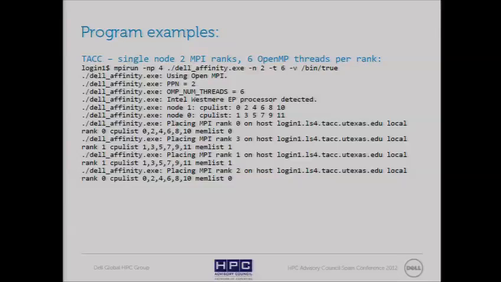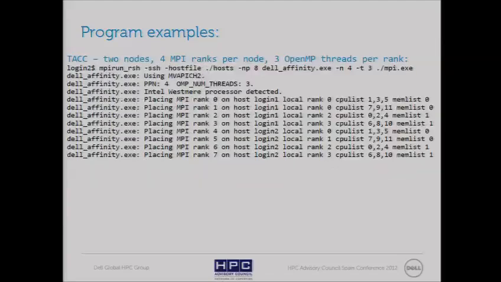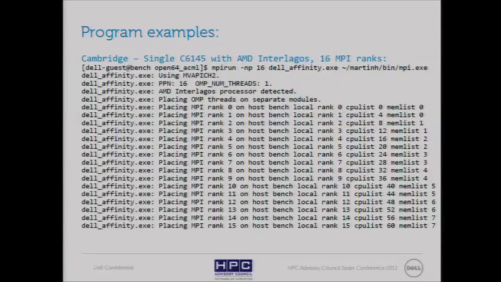And then you see that the affinity application plays then nicely on local threads. Here in the case of an OpenMP application, it's the same, where then the memory is shared, so it also places them nicely. And in the case of an AMD Interlagos, then you can see, hopefully, that it detects an